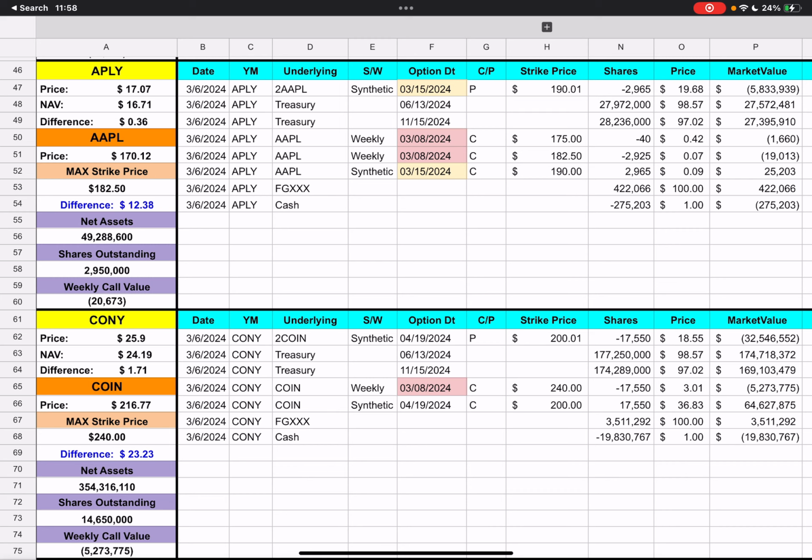Let's see, Apple closed at 170.12. I believe that was down today. I don't know. I bought a few different shares because everybody was down. I think I bought some Tesla and some Apple and a few other things, but I'd say